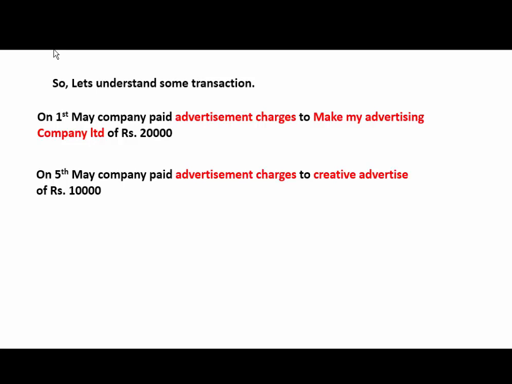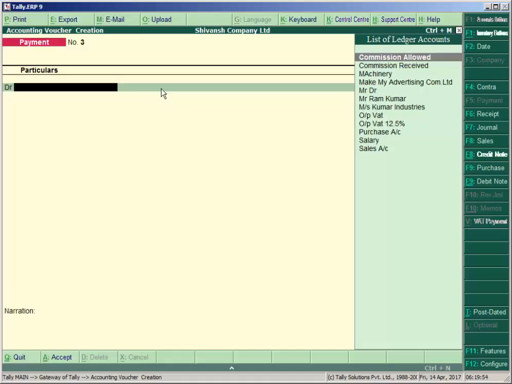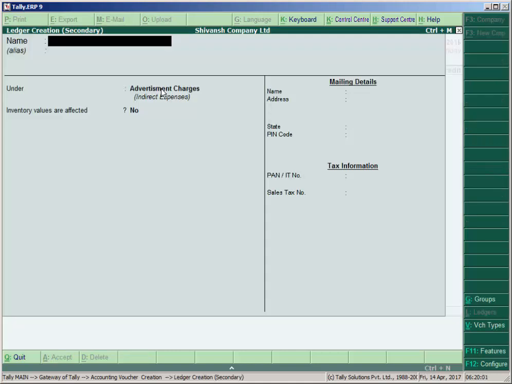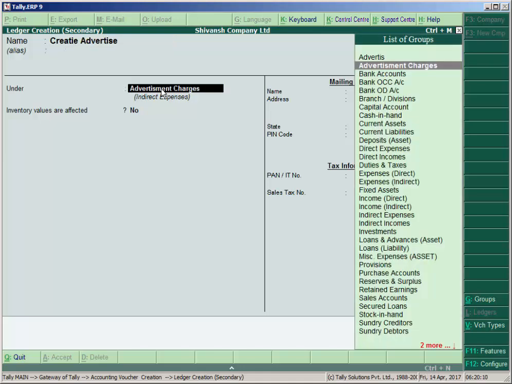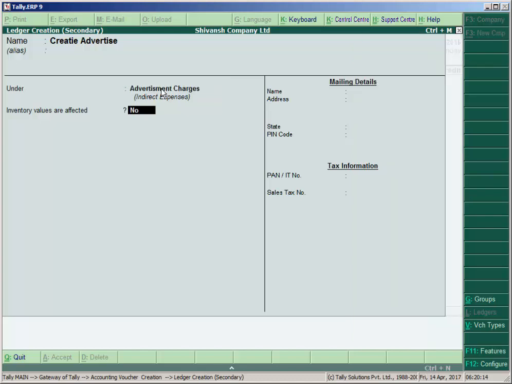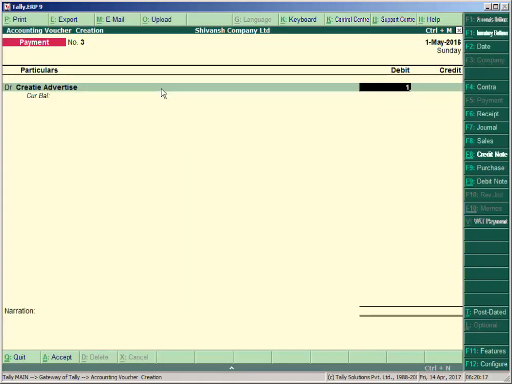Second transaction is on 5th May, the company paid advertising charges to Creative Advertise rupees 10,000. So again F5 payment, press Alt plus C, create a ledger, Creative Advertise, under the group advertisement charges.